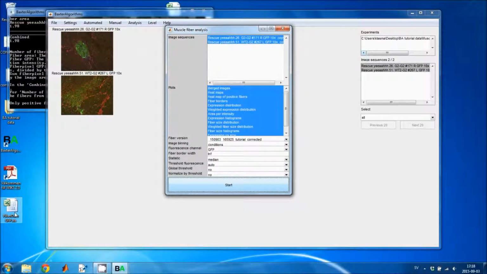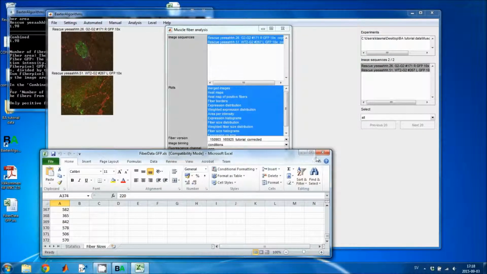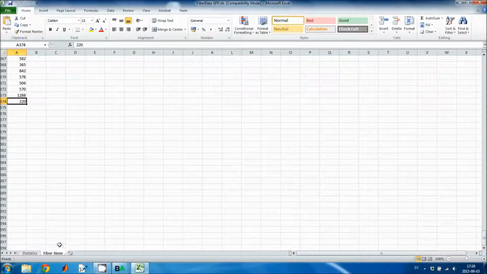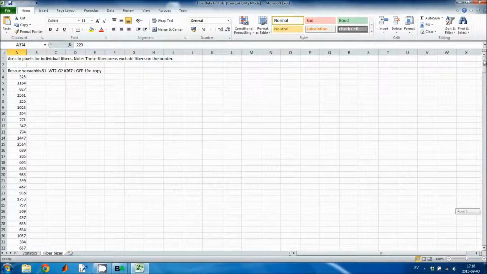If we open the Excel sheet with the results, we have the fiber sizes